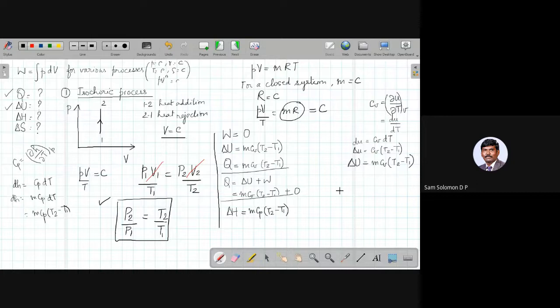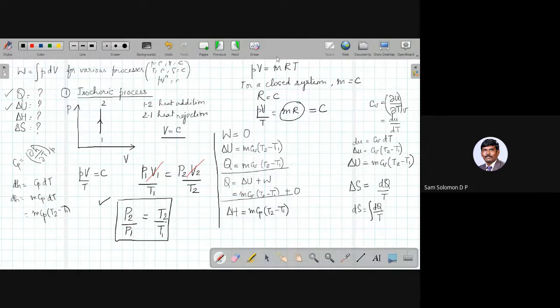Okay, and for the time being, you can believe me and take the definition of this change in entropy, because change in entropy, we haven't studied it yet. We haven't defined what entropy is. That we will be able to define only when we talk about the second law of thermodynamics. For the time being, you can accept that entropy is a property, and you can just believe me that what I'm saying is right and accept that the definition of this delta S is dq by T, or ds is integral of dq by T.